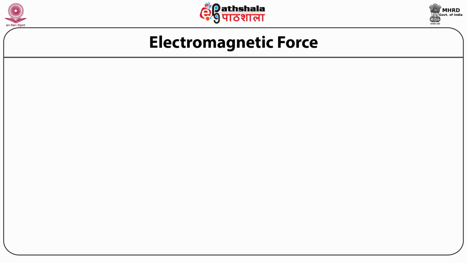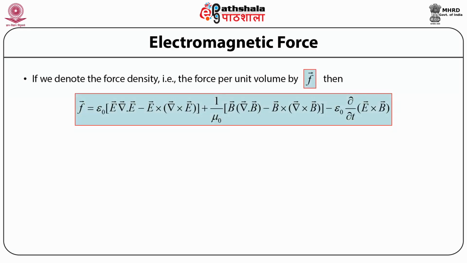Electromagnetic force. Now the above expression that we have written for the Lorentz force, if we denote the force density of this Lorentz force by the vector small f, then we can write this force density as being equal to, in the above expression that we had got for the Lorentz force, we simply take the integrand in the volume integral, which represents this force density and is given by epsilon naught times bracket open electric